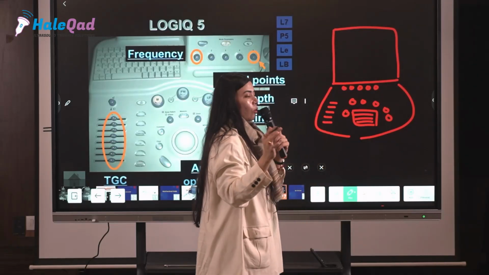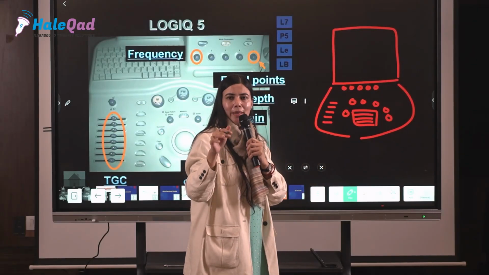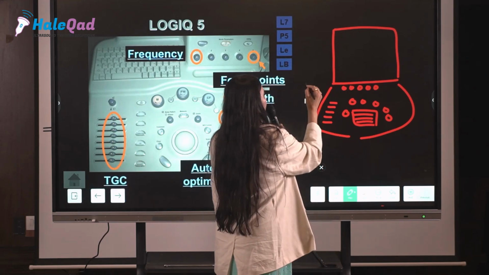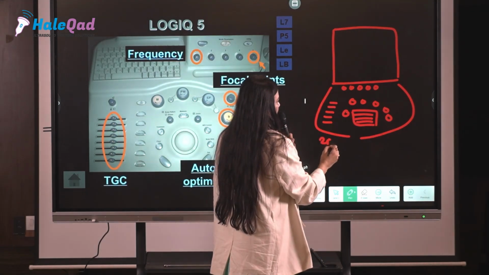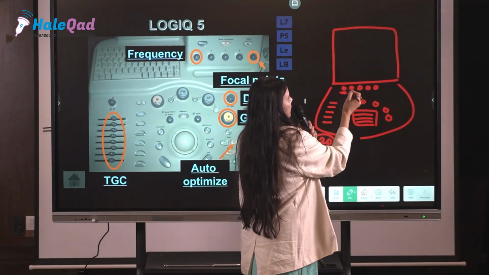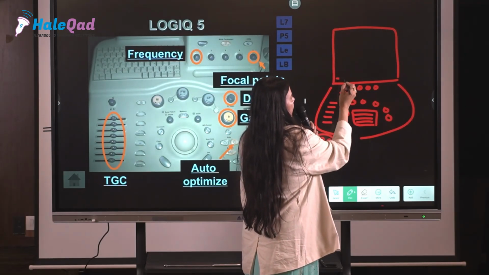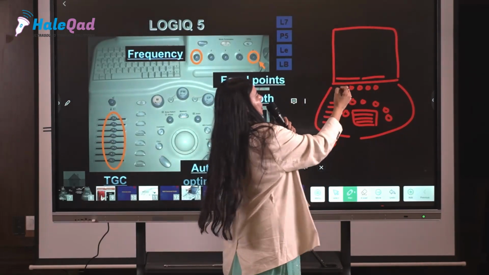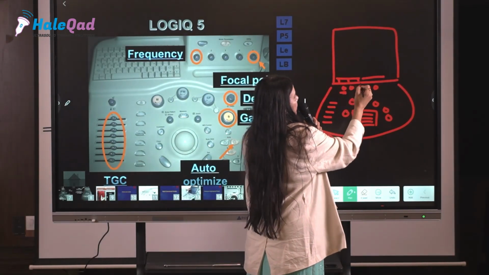So how you are going to make use of them is, whenever I am using a 2D scan, you have to just look at this dialog box. Why is this called a dialog box? Because it has something written here.